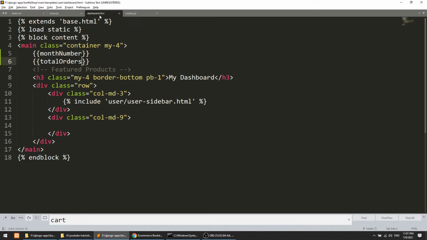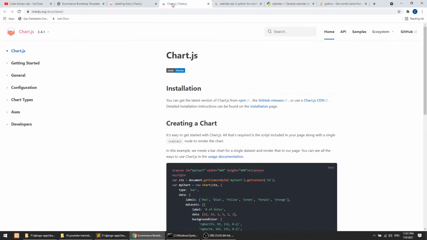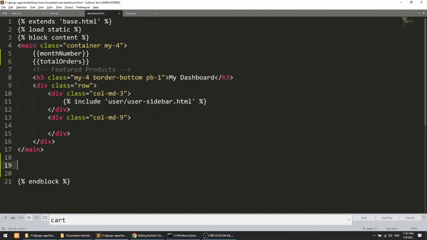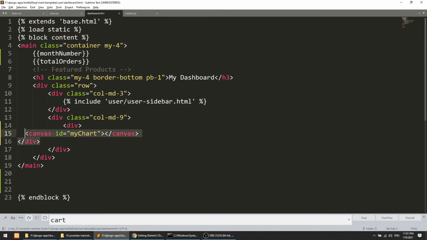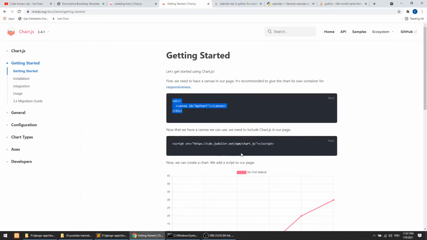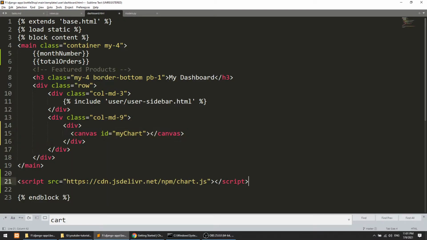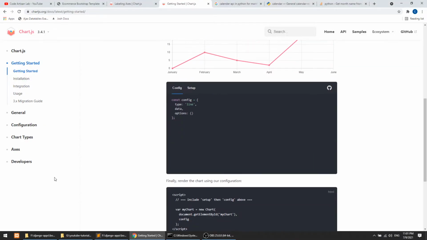Now we have it, now we are in the dashboard.php, our data is ready. Now we will implement the chart.js. Now I'll show you how we can implement this. So I will go to the getting started, and first of all we need this canvas. So I will copy this div, and I will paste this div in my col-md-9. Then we will copy this library, because this is the required library we need to load. So I will put it here, and then we need this configuration.